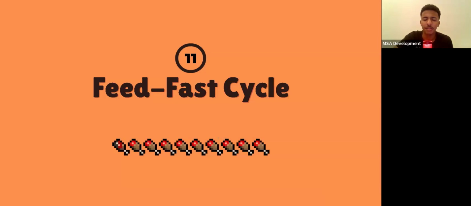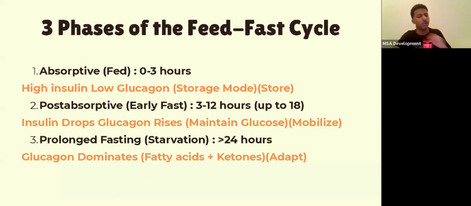Now, lecture 11, feed-fast cycle. I say we just go straight into it. Okay, let's start. So for the feed-fast cycle, we have 3 main phases which you should know in detail. The first one is the absorptive, or fed state, and you should know both names, by the way, for each state. It's the first 3 hours after you eat the meal. So hour 0 is the moment you finished your meal, and then up to 3 hours after the meal. In this state, you have a high insulin, low glucagon ratio. So an increased insulin to glucagon ratio, and you're in the storage mode. You're basically storing